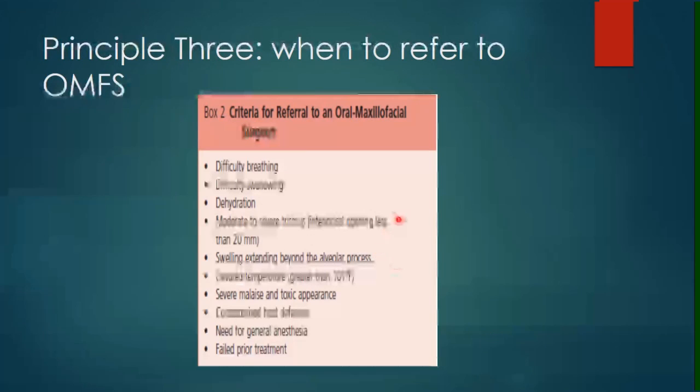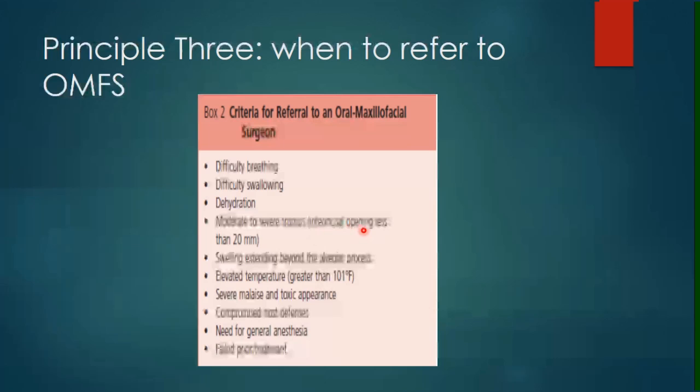So, principle 3, when to refer to the oral maxillofacial surgeon. So these are the criteria you need to keep in mind. When you notice them in the patients, you have to refer them to the oral maxillofacial surgeon. First of all, difficulty of breathing, difficulty swallowing, dehydration، يجيك المريض نقول ريقه ناشف، حلقه يابس. Moderate to severe trismus،